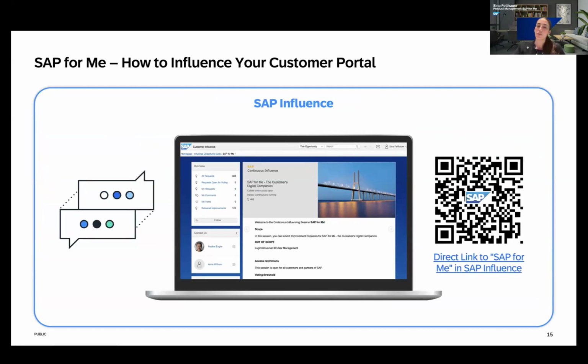If you have ideas for new features, or you think, hey, this would be really cool if this existed, you can post this here, and you can also see all requests here. Currently, there's a list of the previous requests from other customers, and you can go in and vote on the other customers' ideas, telling us, the product management of SAP for me, hey, this is a great idea that the other customer had. I would really like to see this. This really helps us in prioritizing the different feature requests and defining and shaping our future roadmap.